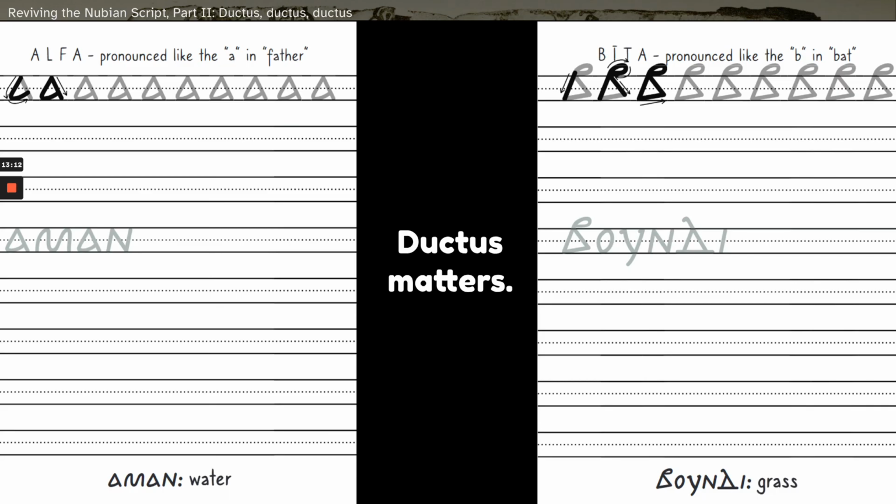The first thing to get right is ductus, ductus, ductus. To design Nubian, we need to write Nubian, and thankfully, the ancestors left us with a way to learn to do that. They like to use thick pens, so when you look at something like the Beta in an old manuscript, you can see, based on which parts are thick versus thin, how the scribe went about writing the letter, which in this case is with 3 strokes instead of about 2 or 1,